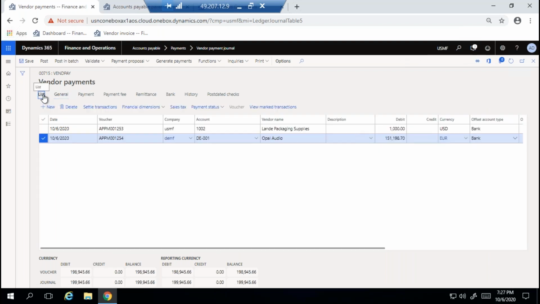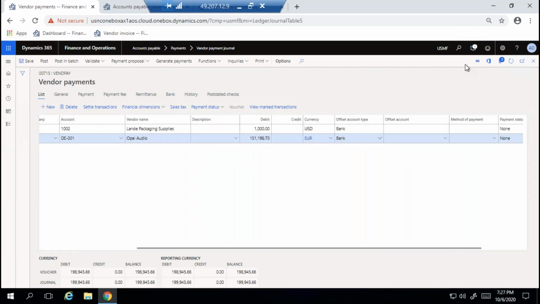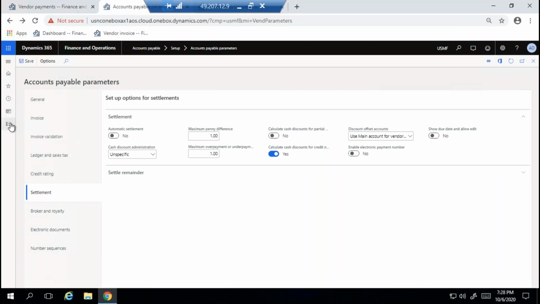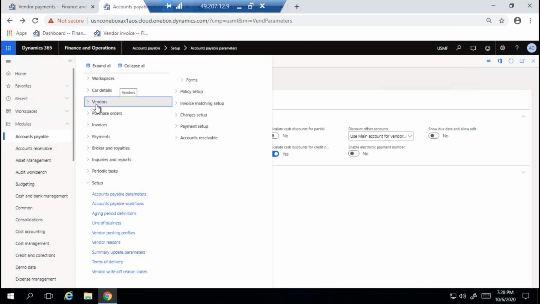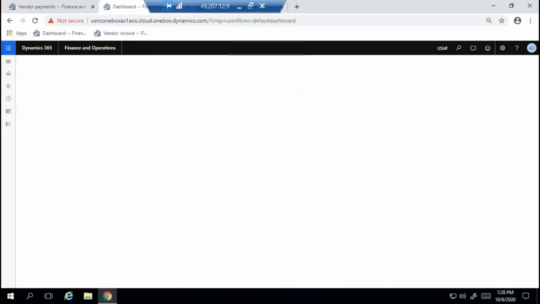Understood? So you can do the payment for the USMF company and the DMF company. This is centralized payment. Only one thing here: the DMF company is in euros and the USMF company is in US dollars. That is the only thing I need to explain clearly. Another company like DMF may have another currency also.